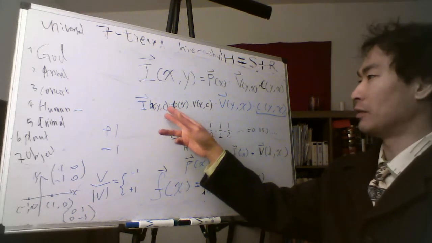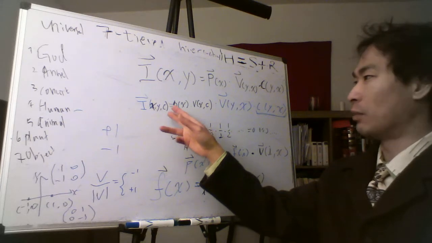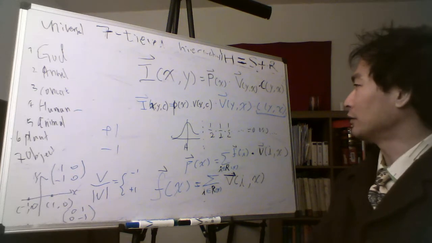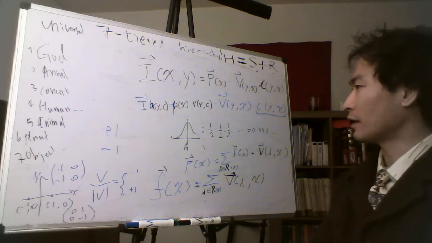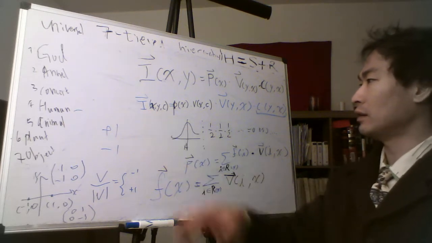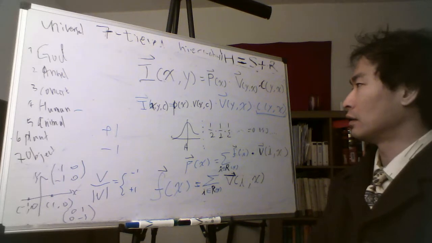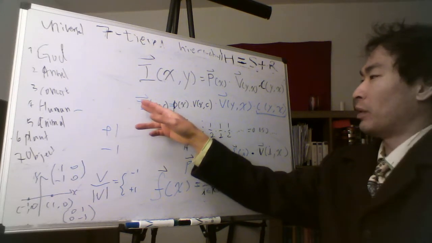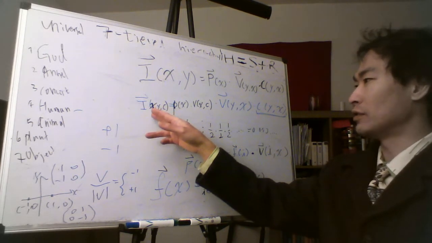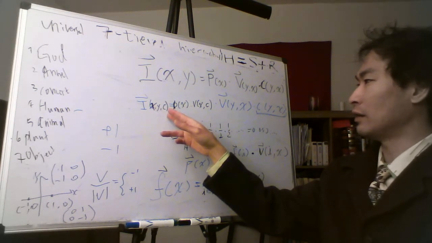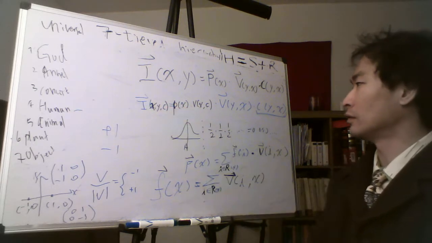Is it the issue of gun, or the issue of abortion, pro-abortion, anti-abortion, pro-gun, anti-gun? Whatever issue it is. Now, influence of X on Y, person X, influence of person X on Y. How much influence does X have on Y in terms of this specific issue? Okay, let's say gun. Now